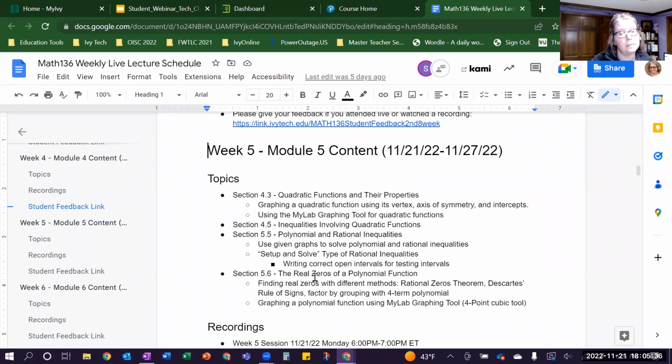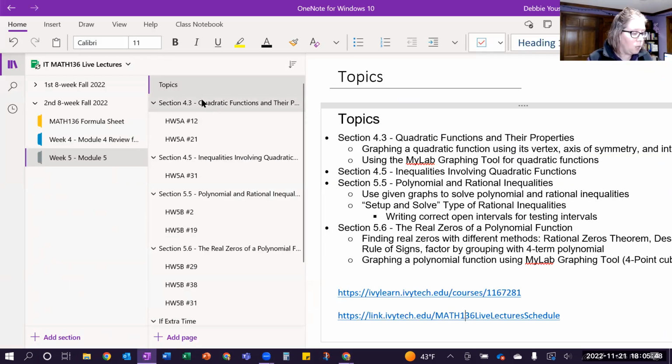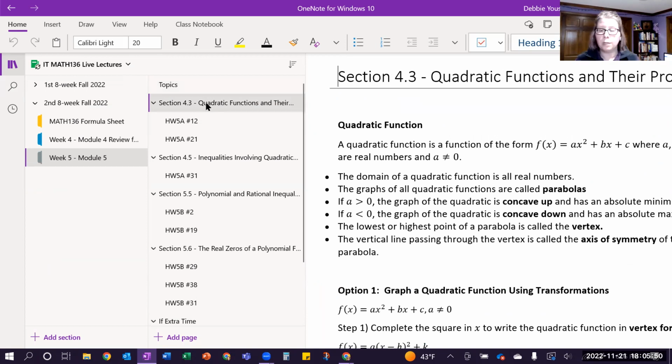There's a lot. I'm not going to be able to talk about everything. I'm going to try and hit on some of the most common places that students have questions or trouble areas in, say, my lab as well. So I'm going to start with Section 4.3. So in Section 4.3,